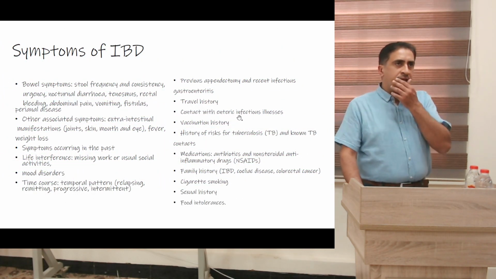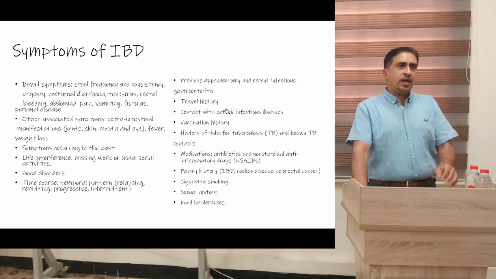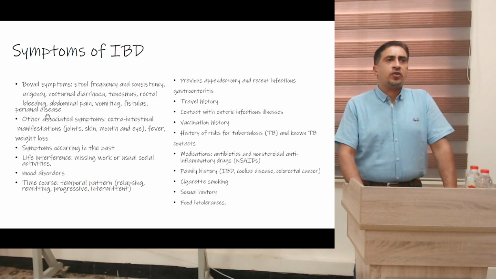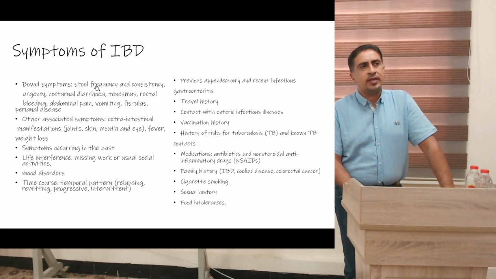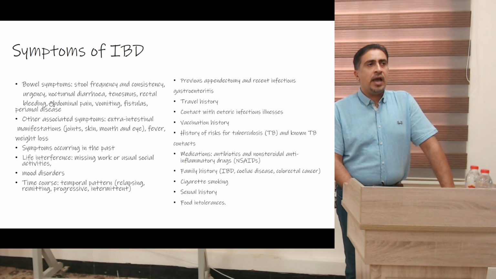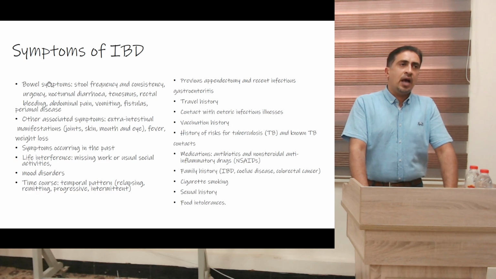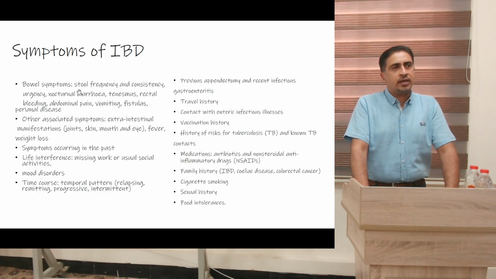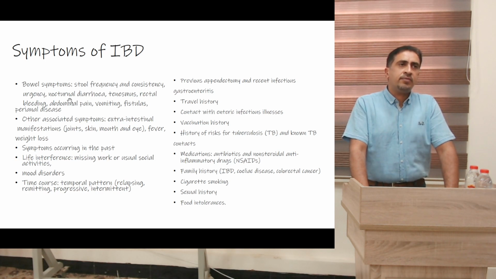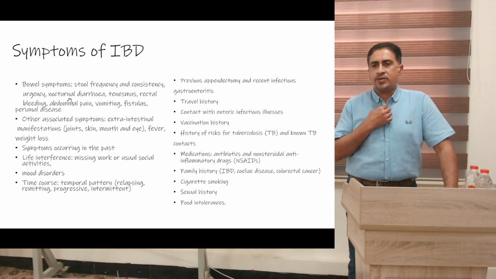We come to the clinical features. So what are the main clinical features of patients with ulcerative colitis and inflammatory bowel disease? Stool frequency and consistency, urgency, nocturnal diarrhea, tenesmus, rectal bleeding, abdominal pain, vomiting, fistula, perianal disease. All these symptoms are common in patients with ulcerative colitis and inflammatory bowel disease, whether ulcerative colitis or Crohn's. But keep in mind, there are certain symptoms that can happen even in IBS, or what is called irritable